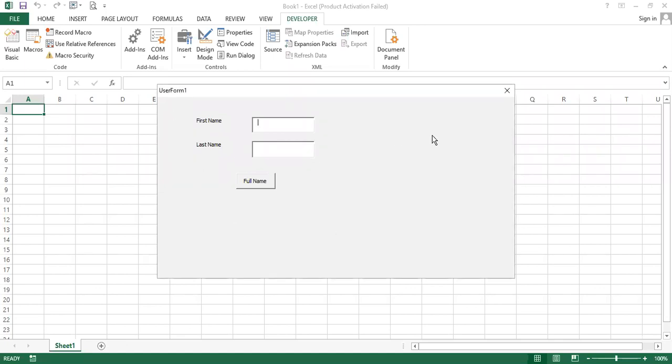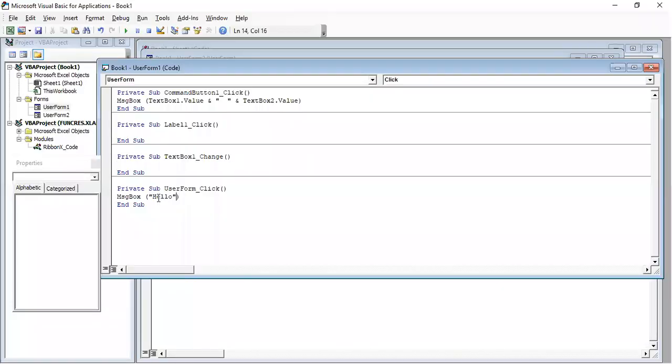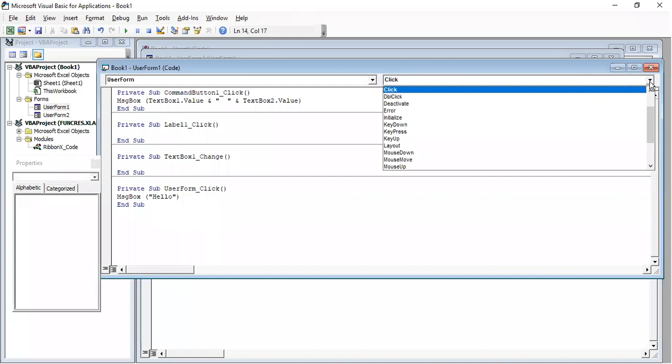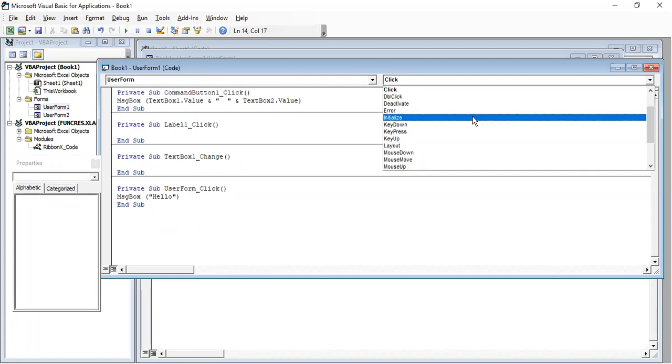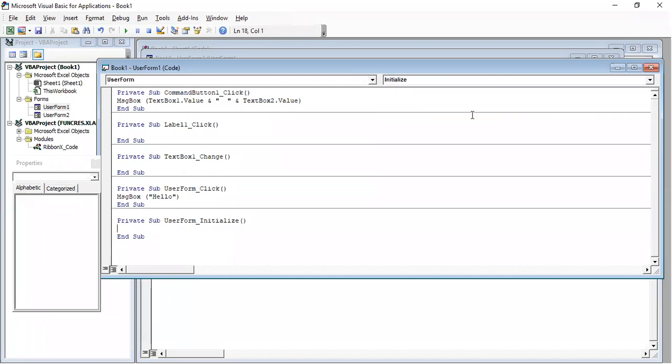So we have put on user form click. Anywhere in this user form, when you click, we get the code executed under that. So I'll close this. So this is a user form click. On user form, like on form load, you want to initialize some variables or something to be initialized, then user form underscore initialize.